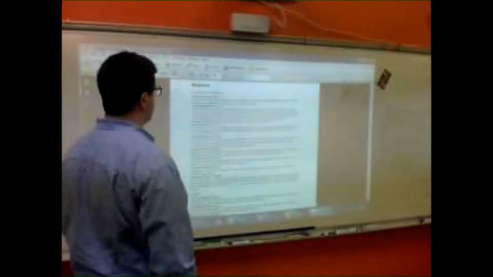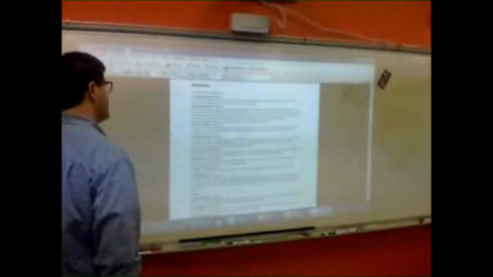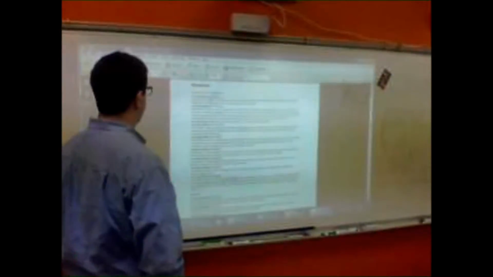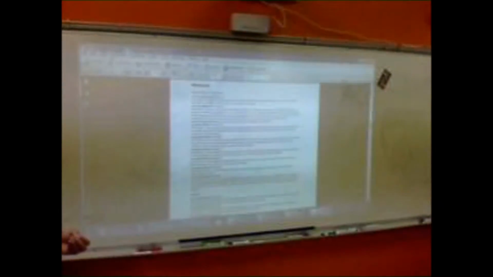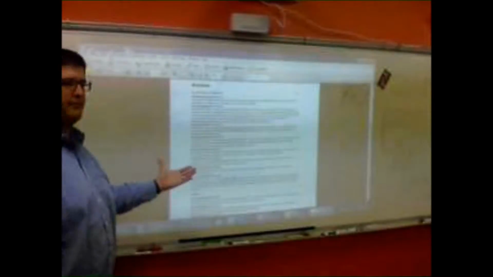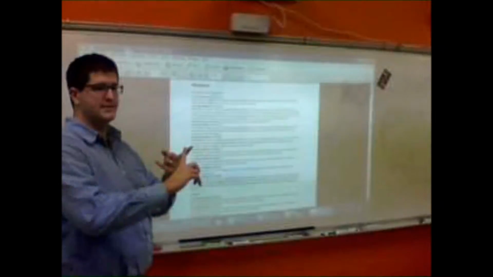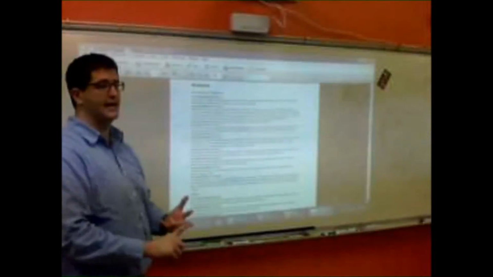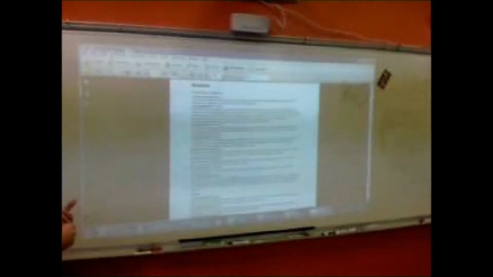Students apply mathematical routines appropriately to problems involving elastic collisions in one dimension and justify the selection of those mathematical routines based on conservation of momentum and restoration of kinetic energy. So, if I give you a problem and say this problem is perfectly elastic, you should be able to use that information to solve for the rest of the problem. You do that by using the two equations: momentum initial equals momentum final, and kinetic energy initial equals kinetic energy final. You should be able to use that with elastic collisions.